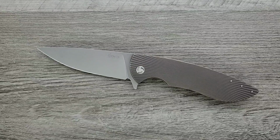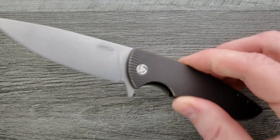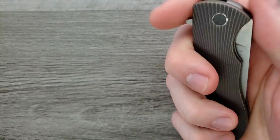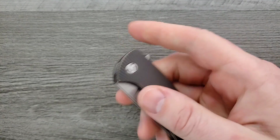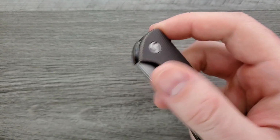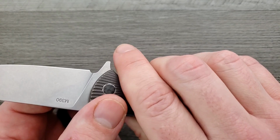There are, of course, a bajillion exposed frame lock flippers, and those are fine. But I like this countersunk titanium liner lock. I like that. Why? Because no matter where I put my hands on this side, especially, actually, it's funny. I was about to say, especially with a knife that's got a light detent, right? Well, I was about to say on an exposed frame lock, if you're going to be putting excess pressure on